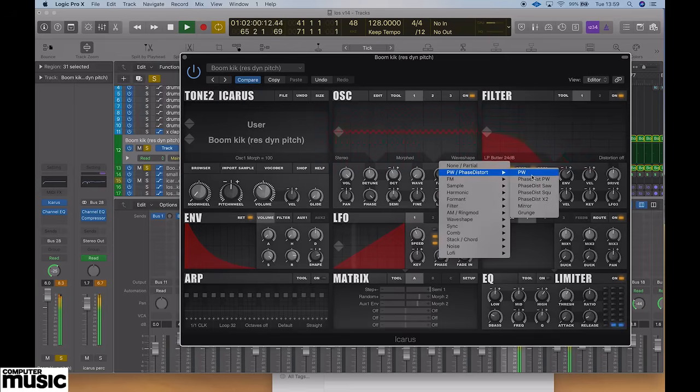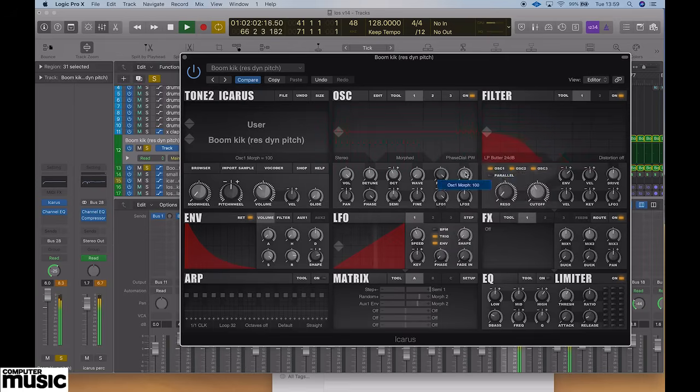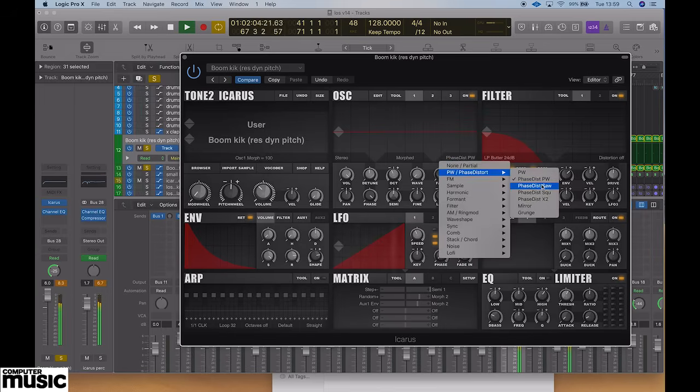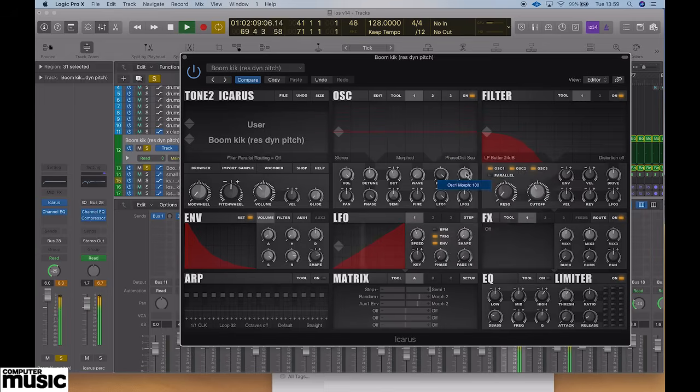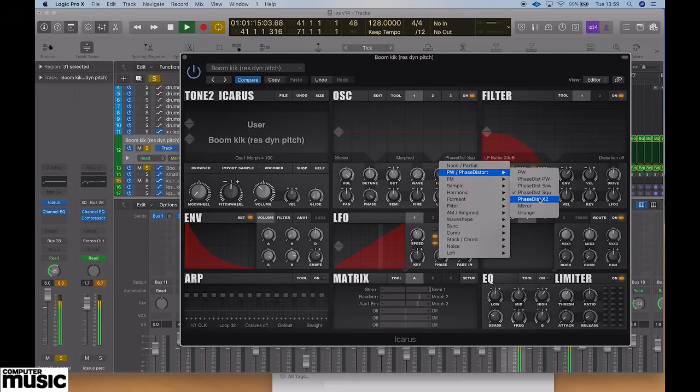and phase distortion, which is a thing that Serum did a lot of, and was one of the things that they really innovated. So yeah, this does relate to Serum a bit. It's slightly less intensive on the processor, and it's great fun to play with, partly because of its simplicity. You're not hearing much effect in all of these, but